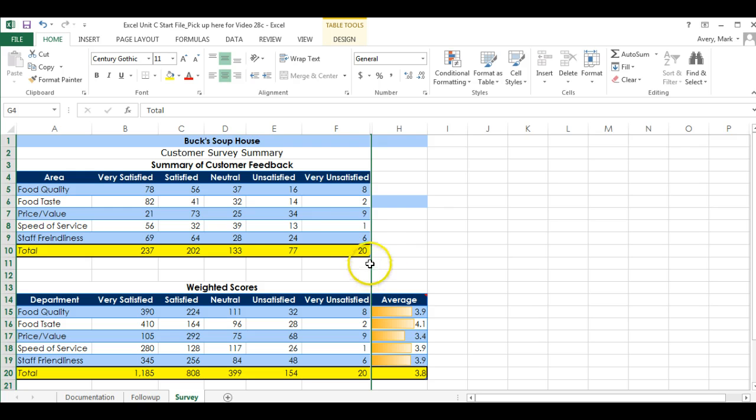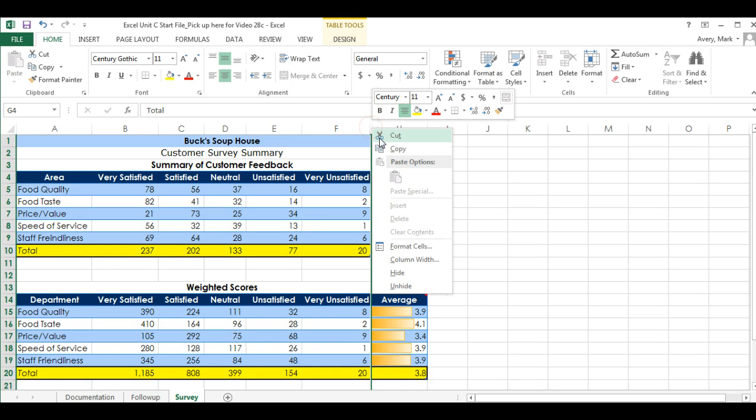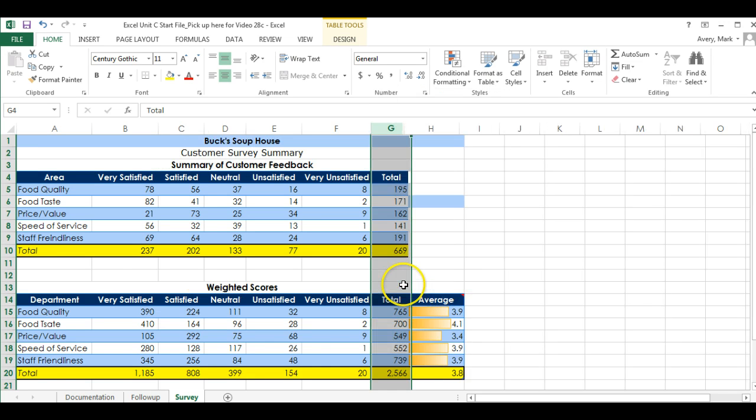It didn't erase it. And we know it didn't erase it because the sequence of my letters goes A, B, C, D, E, F, H. So G is still in here. Now what if I want to unhide that? I simply get my cursor right there. See where it looks like two different lines and arrows pointing in opposite directions? I would simply get there and right click and come down here and left click on unhide, and see it